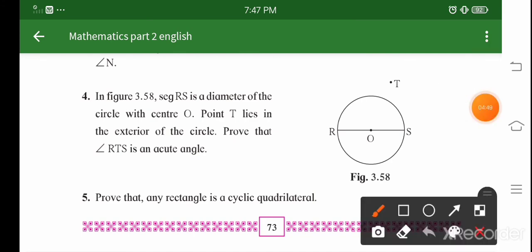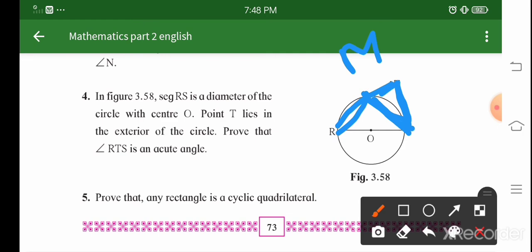Can you see? I'm just drawing that part again over here, and here the point is M, right? So this is a triangle. This RMS is the exterior angle of this triangle. It is the outside part of the triangle, right? You can say that this is the exterior angle of the triangle SMT. So we have the exterior angle theorem.